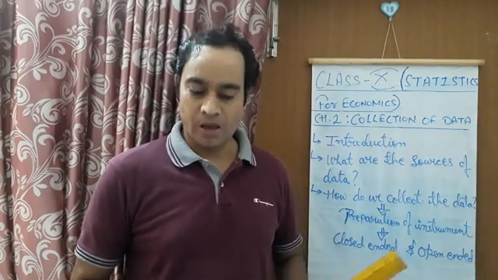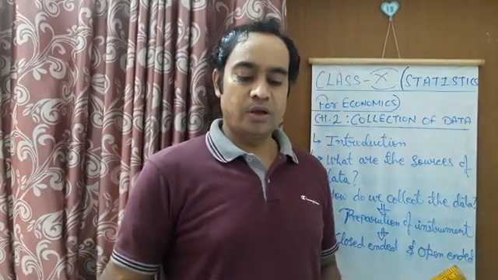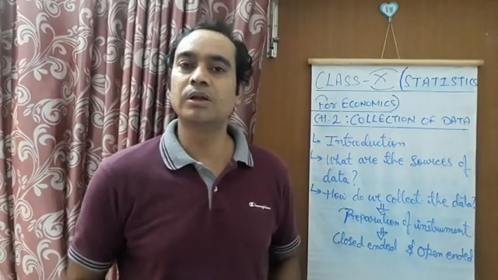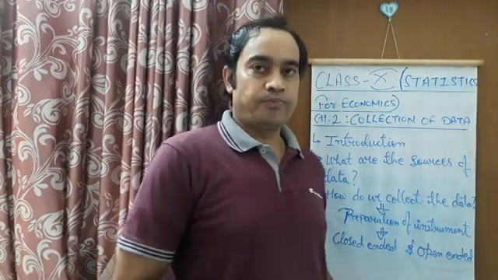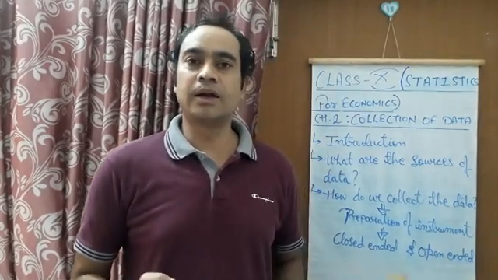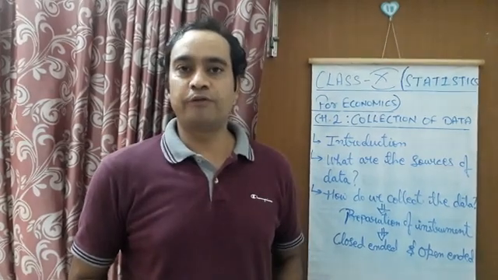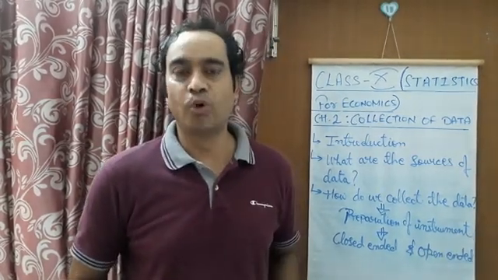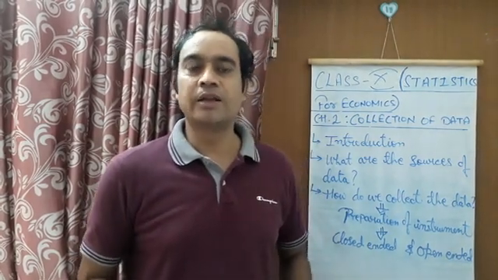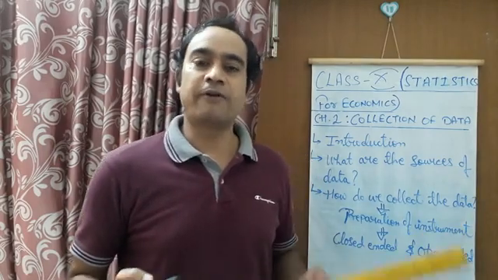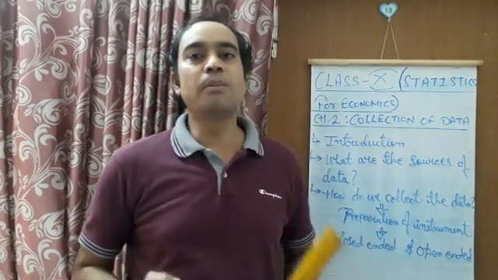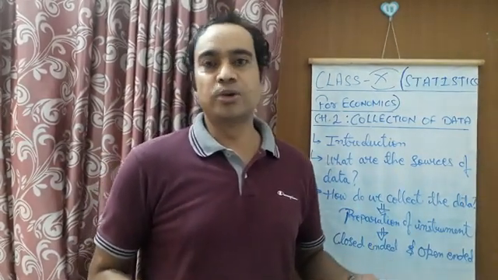the public. For example, suppose you want to know about the popularity of a film star among school students. Here it is written as an example of primary data: if you want to collect data about a film star from your school students, to find out who is more famous, you have to reach every student, every class, every section, and ask questions. After collecting the data, you will come to know which is the most famous film star among all the students in the school.